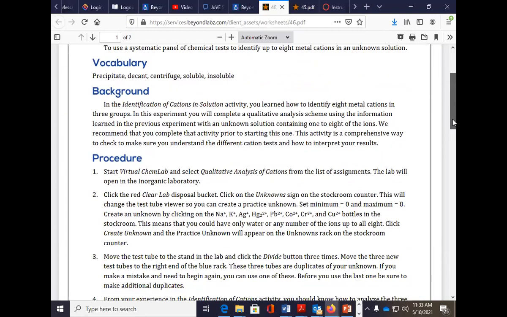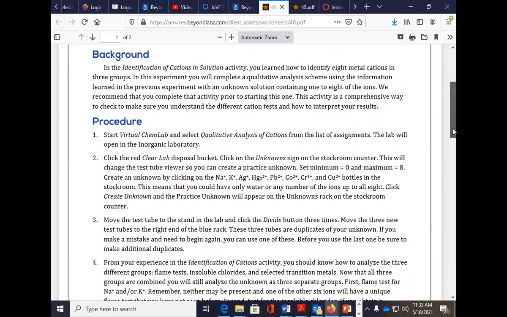And this one, you're going to have unknowns. You only need to do one unknown to turn in. However, I'm going to make a caveat. Okay, so this says you can do a minimum of 0 and maximum of 8. I'm going to change that: you need to have a minimum of 3. I'm not going to let you do 0. I don't think anyone's going to want to do 8. That would be crazy. But you have to have a minimum of 3,